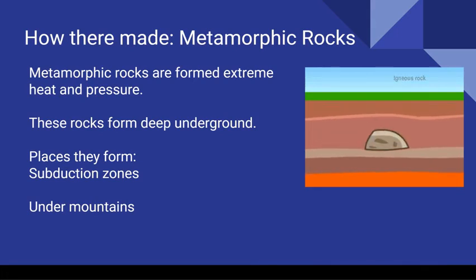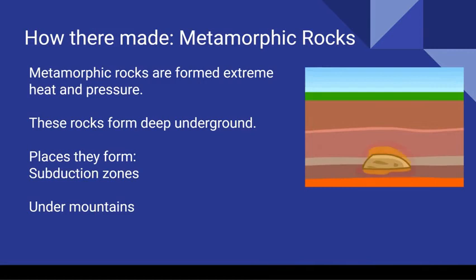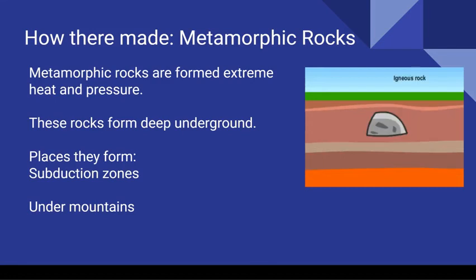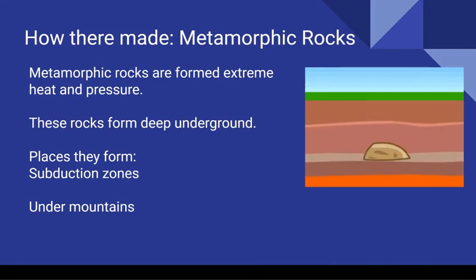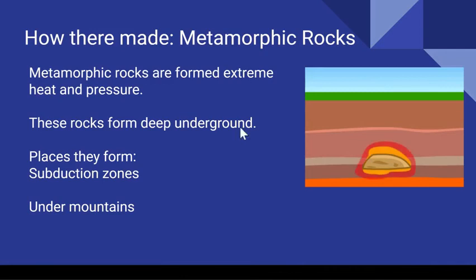metamorphic rocks. So places that these need to form are going to be things like subduction zones where the earth is going down, and underneath mountains. So we really want to bury these types of rocks. And that is the gist of the rock cycle. Please move on to the next step